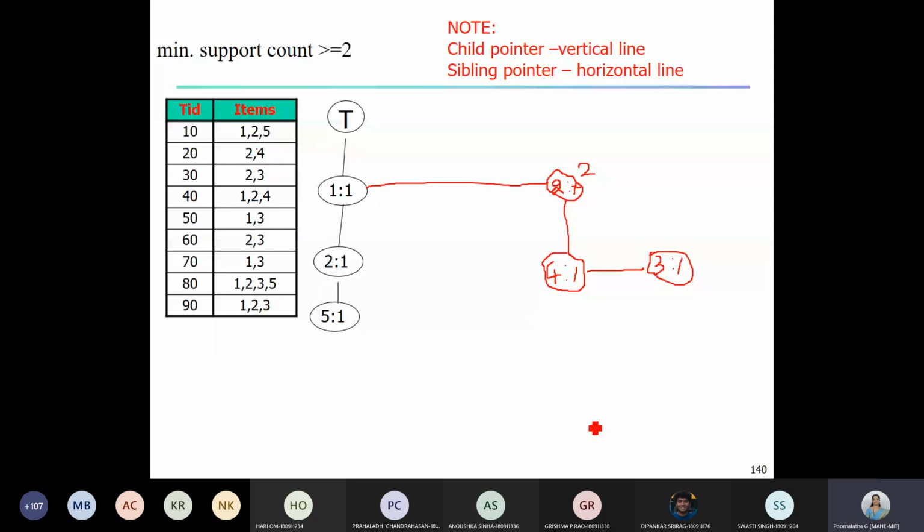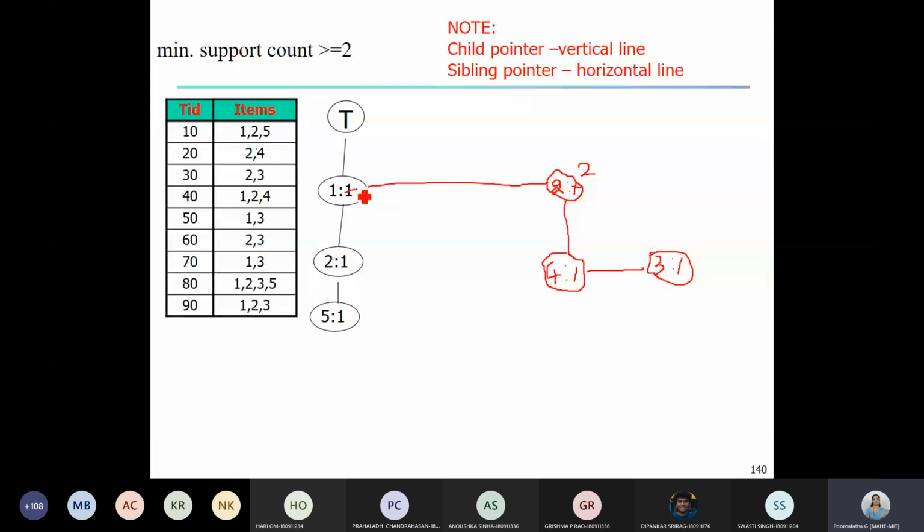Okay. So after 2, 3, let us move on to the next transaction, that is 1, 2 and 4, right? So again start from the root, check whether this item is present below the root. Yes, we have this item below the root. So no need to create a new node, simply increment the counter. So now you can see here, I'll just simply cut this count and I am writing its new count here.